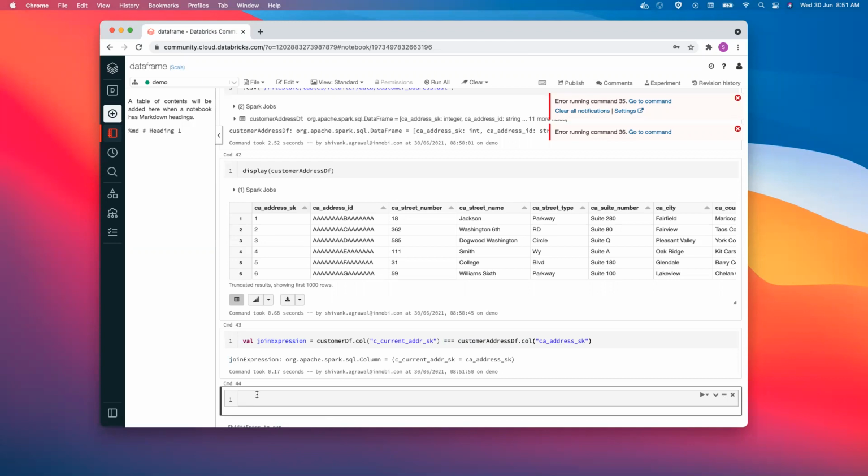So now if you see the display of this, display join expression, and if I execute this,